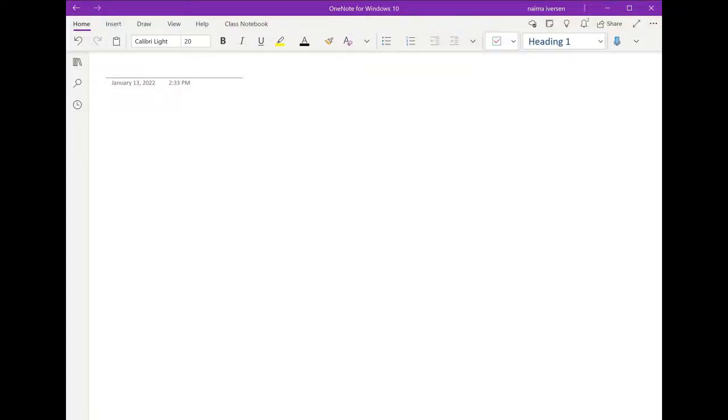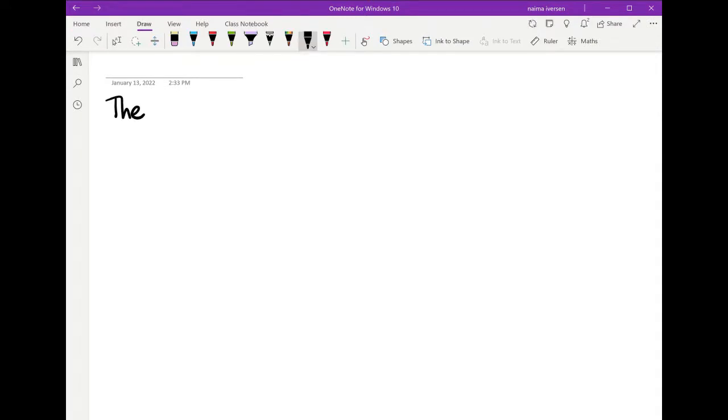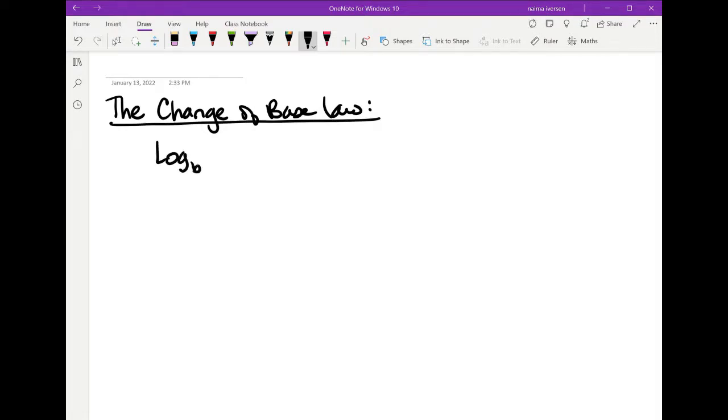So today we're going to be taking a look at the change of base law and how to use it to solve exponential equations. So the change of base law looks something like this. We have log base b of a, and we want to change it into a different form so that we can